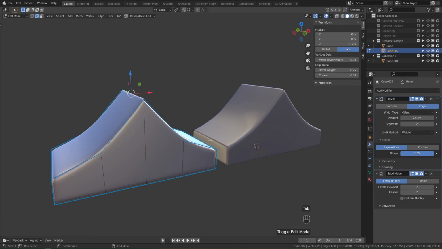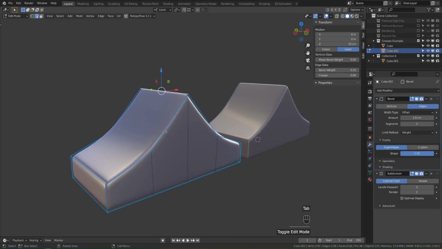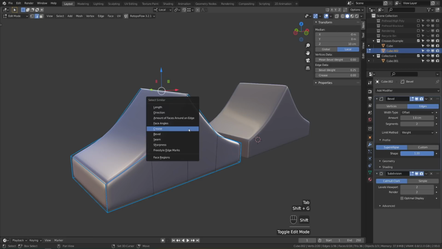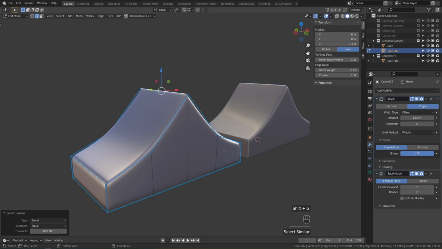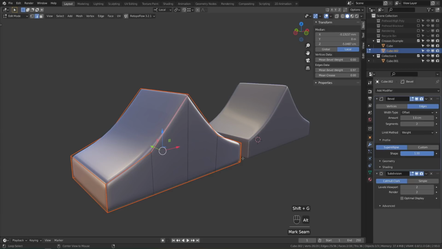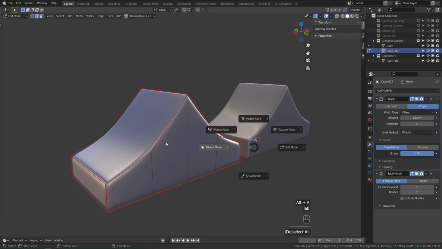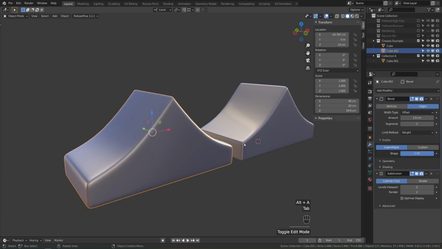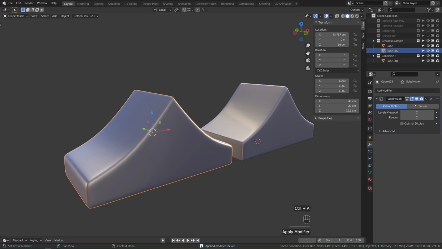If we go in here, and let's say we wanted to add a seam at all of the edges that are beveled, I can just hit Shift G and select those beveled edges. Actually, I'll select 2 because that one has a different bevel weight. Shift G and bevel. There we go. Let's say we want to just right click and mark seam, and let's say everything just works out perfectly well, everything is nice. But if we go ahead and apply our bevel now, Control A and apply for that modifier,